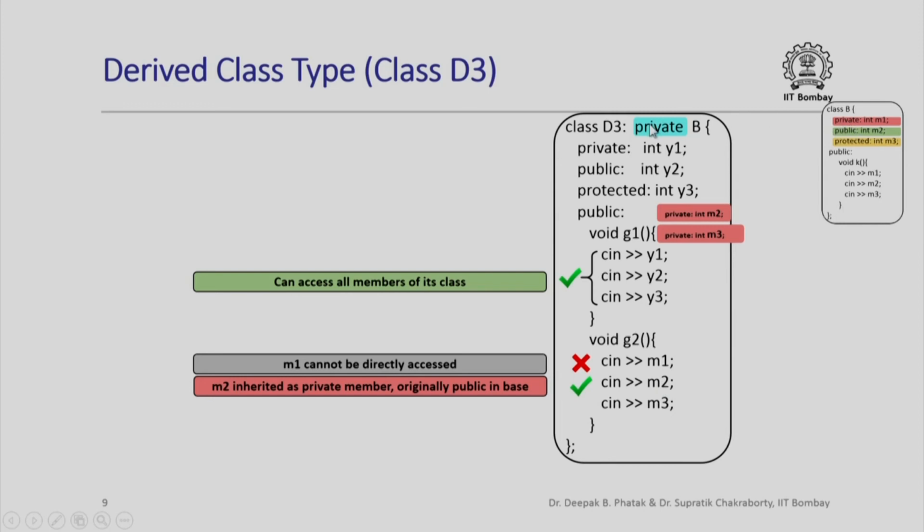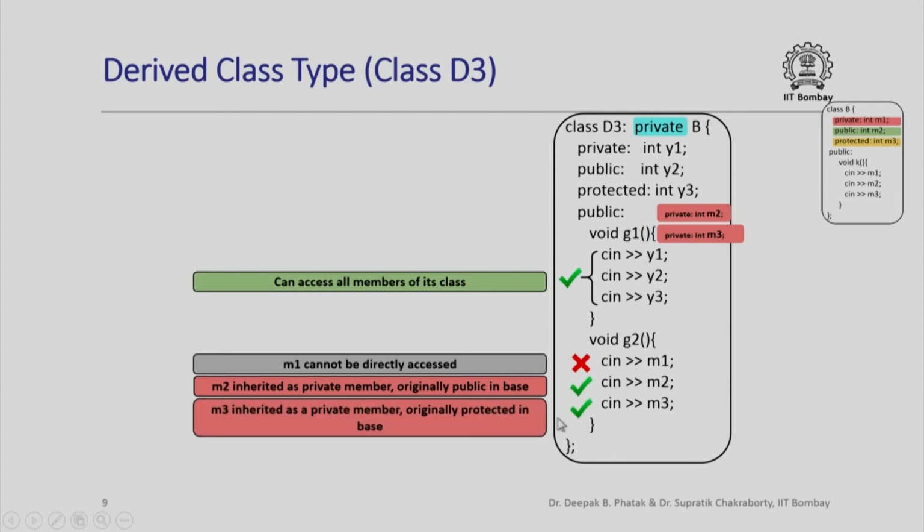but because of the private inheritance over here, because of the private mode of derivation over here, it is a private data member of the derived class D3, but member functions of a class can certainly access the private members of the class, so it is fine, I can access this. And what about M3? M3 also has become a private data member of the derived class D3, so I can certainly access it from a member function of D3.